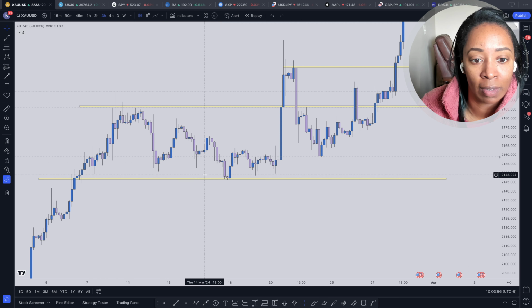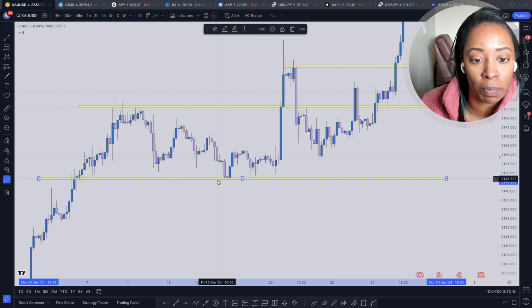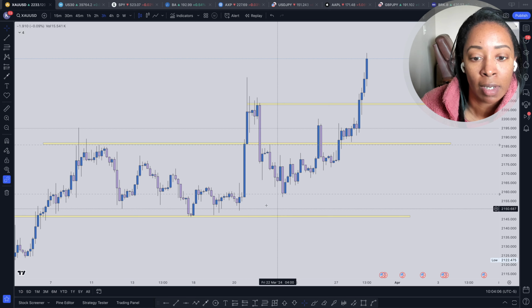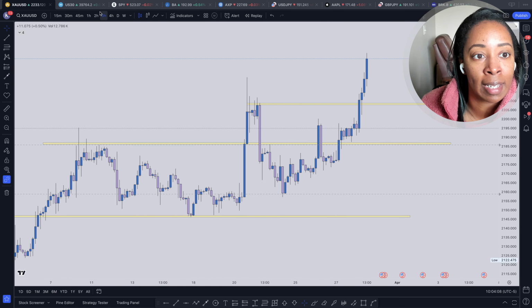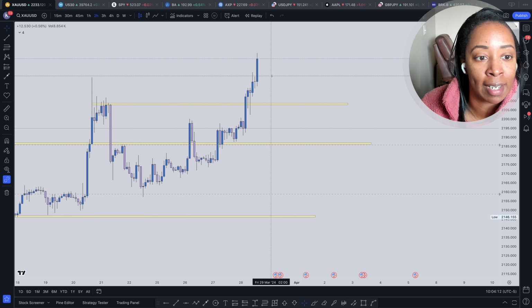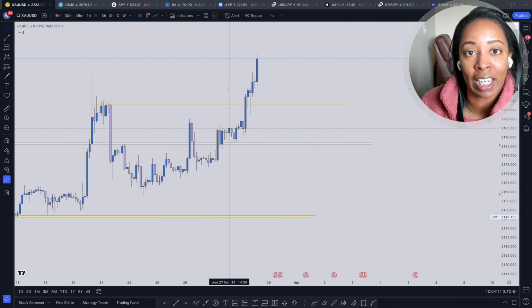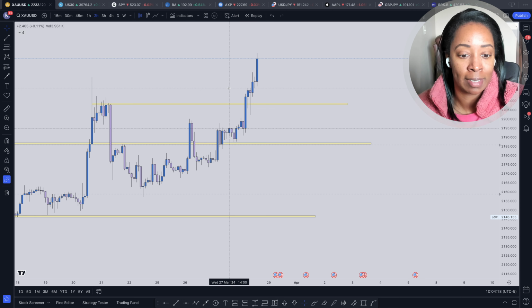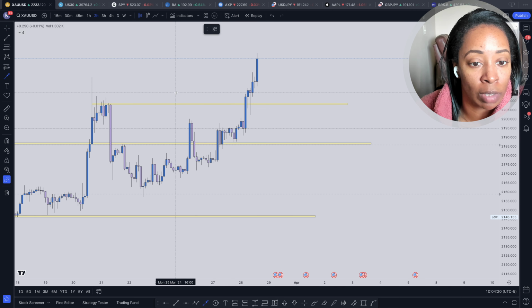So let's go down here. This still looks good. I do want to move this just a little bit. Okay, right there. Still looking good to me. All right, awesome. So let's go ahead and go down to the H2 time frame, getting a little bit more data. Once again, I'm just looking at my levels to see if the levels still look good and make sense to me. And they do for the most part.